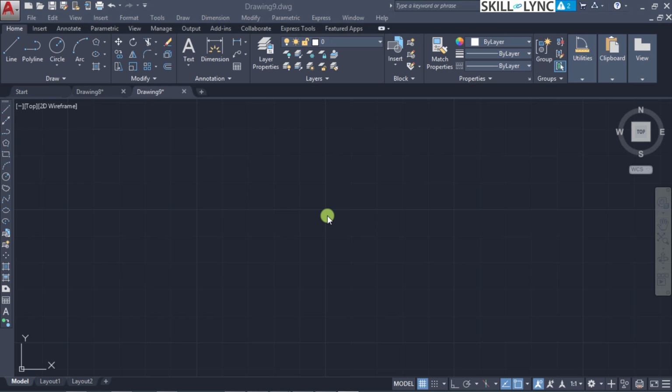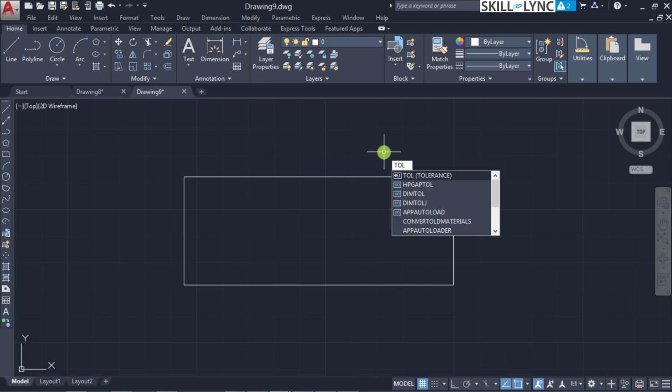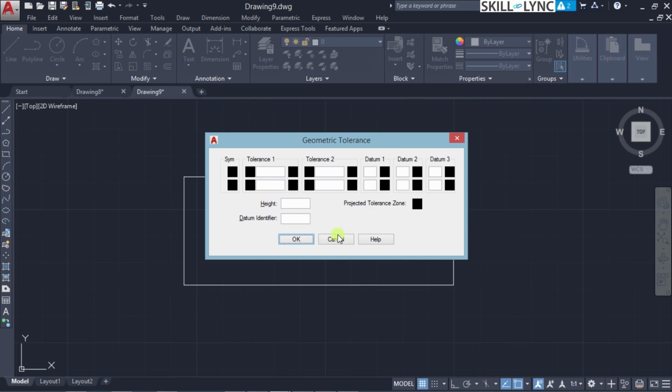So what we can do in the AutoCAD environment is that we can call upon the tolerance command. Before that, for ease of understanding, let us just construct a rectangular element. So consider this to be the cross section of a circular shaft. In that manner, let us apply a tolerance to this surface. Towards this, we can invoke it by using the tolerance command TOL, followed by which we get this dialog box